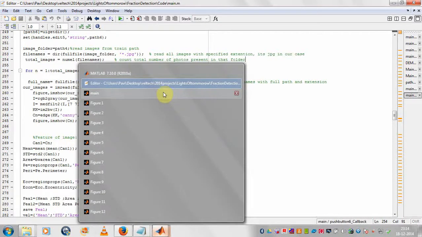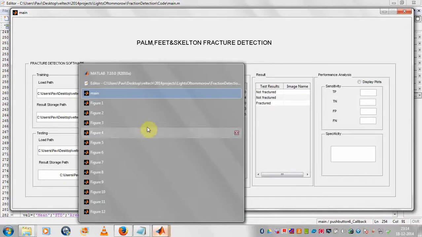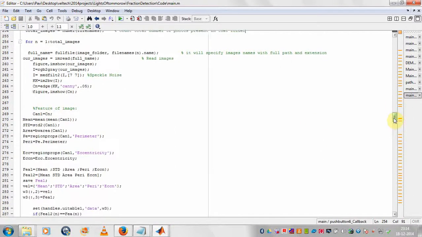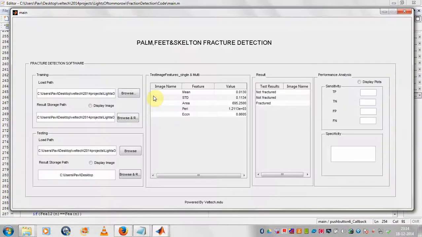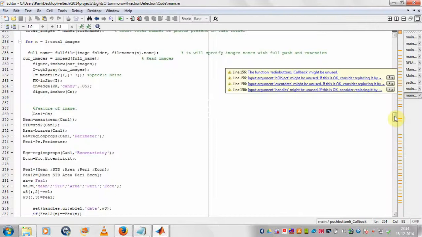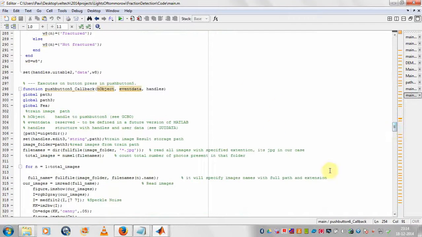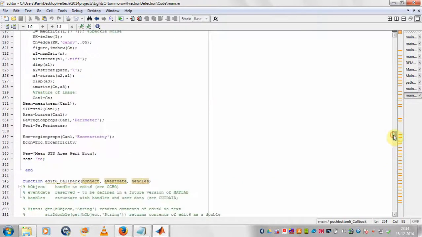After it, the feature calculations are done in line number 268 up to 284. Now I will show you where the test result is. This is the same for the test set. It's the same algorithm, the same coding structure, and the same features.